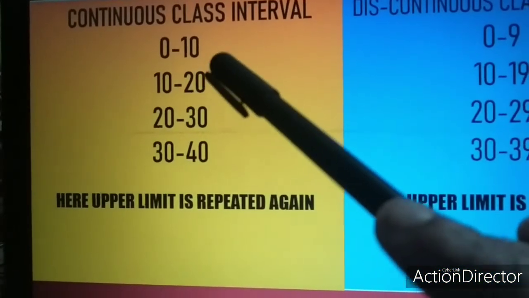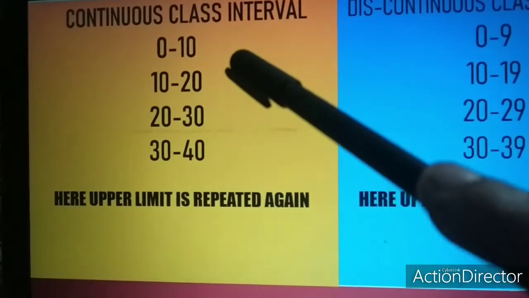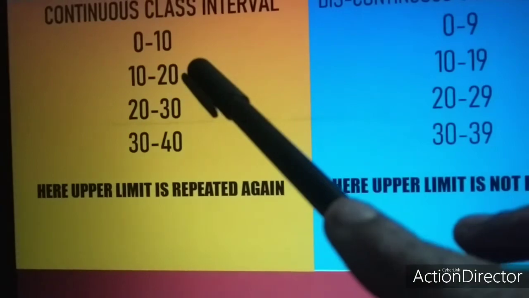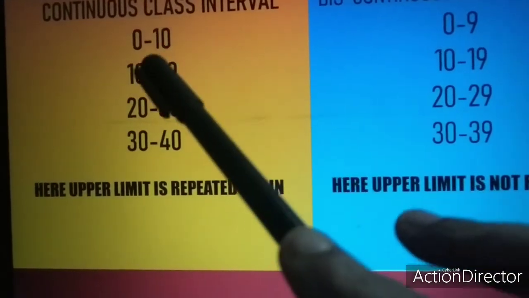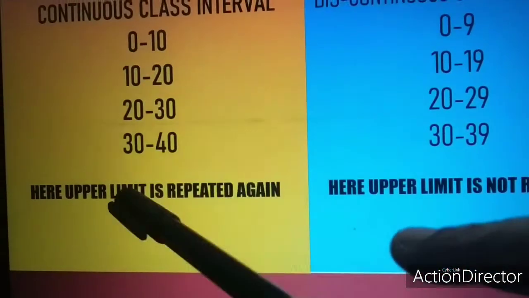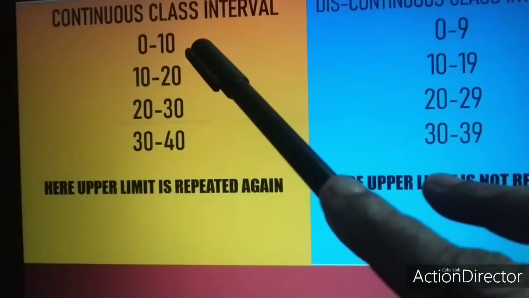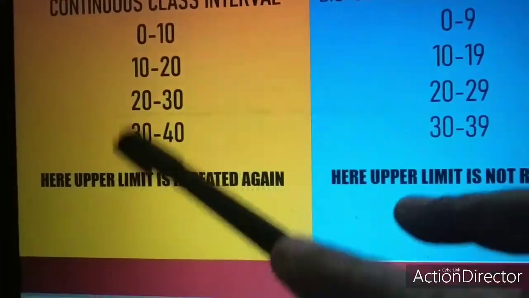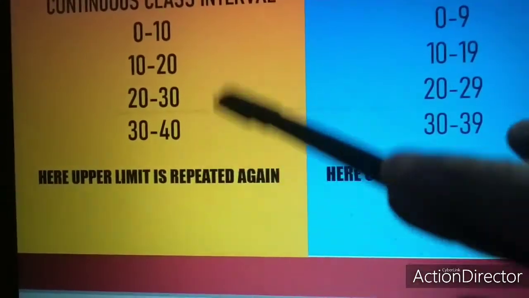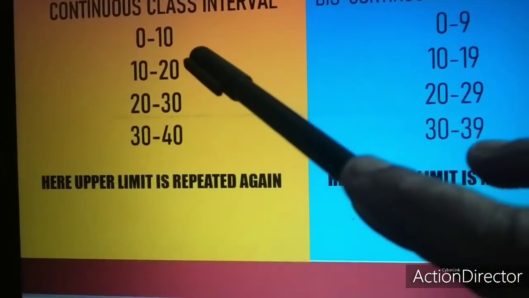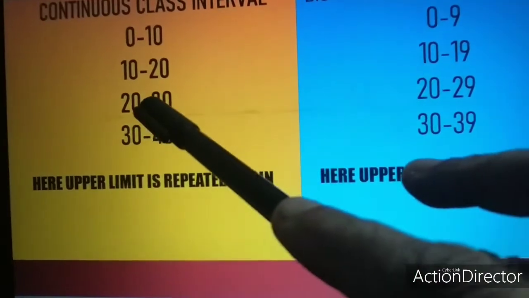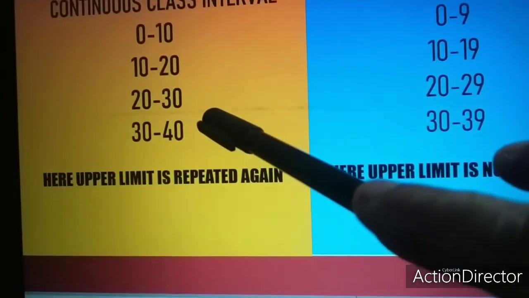So if a person scores 9.5, you can enter it in the first class interval. One more condition we always follow is that we take only the lower class interval. Suppose you have 10, we enter 10 here; 10 is considered only in the lower class interval. The upper class limits are not considered. Suppose you want to enter 20, it will be entered in the third group, that is 20 to 30.